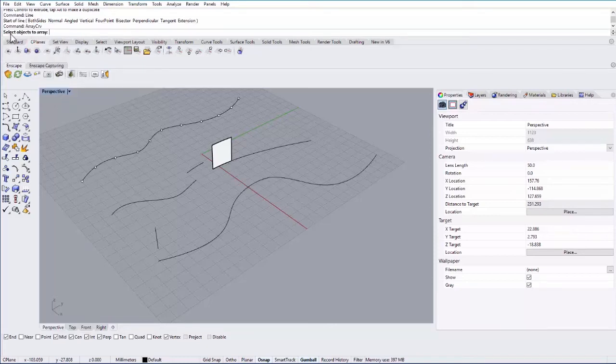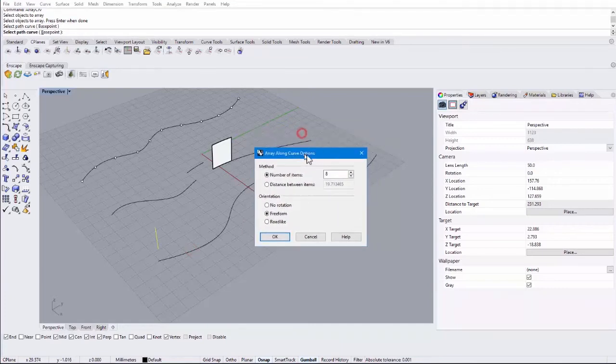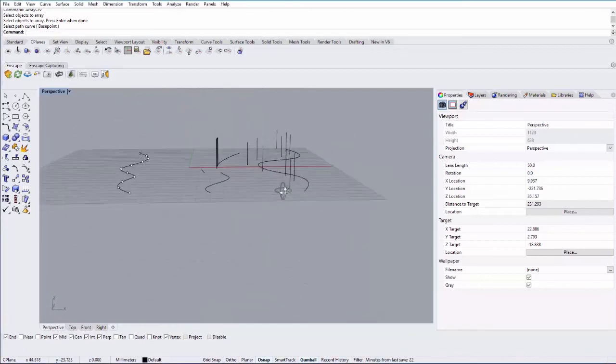When I select that, it says select objects to array. I'll select this, what could be a post on a handrail. Hit enter, and then I select my path curve. And then this pop-up pops up and it asks you for the number of items, let's say 10. You can also change how it's oriented on that surface and just try these options to see what the result is. And by the way, array on a curve works in 3 dimensions as well. Say OK, and then it arrays that line